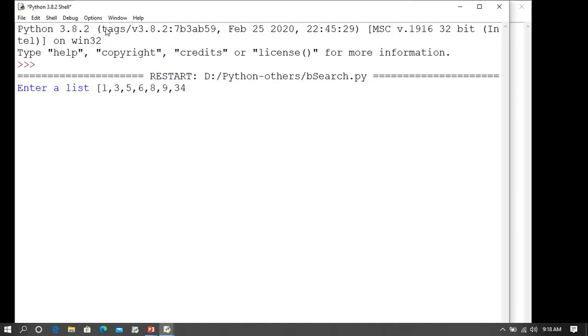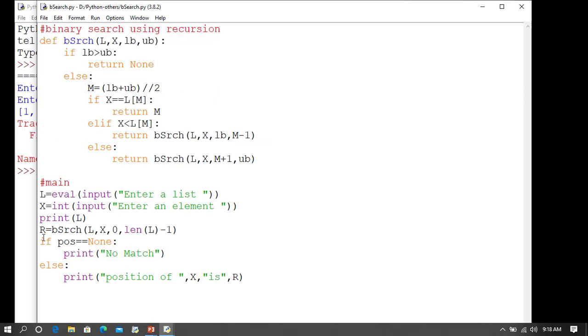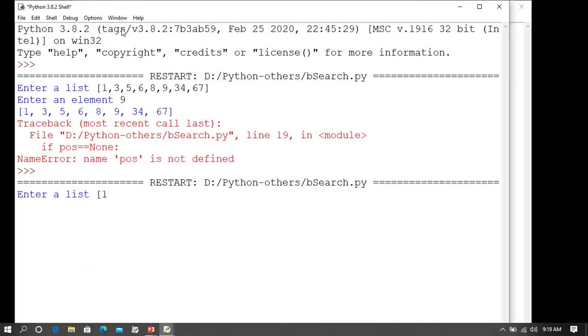We have wrongly written this as position if R equals to, let us save it again, run the module, enter a list, and give the search element as 5. So position of 5 is 1. Similarly, if we search again for the upper half, it will show the position of the element.